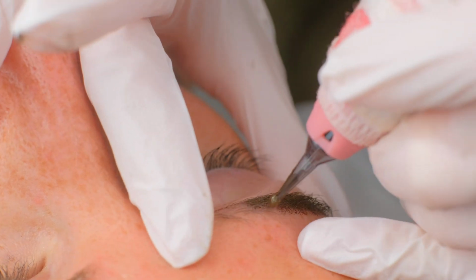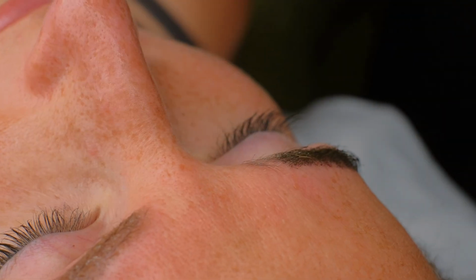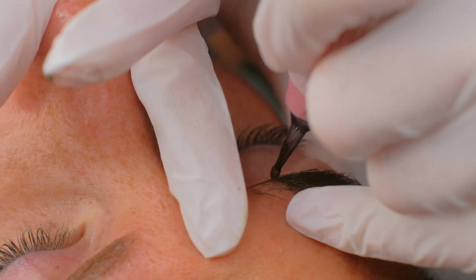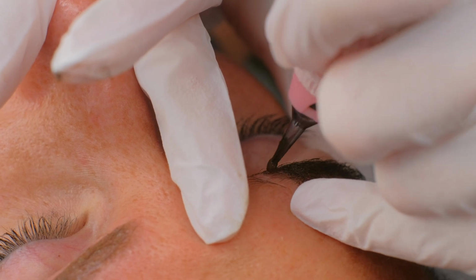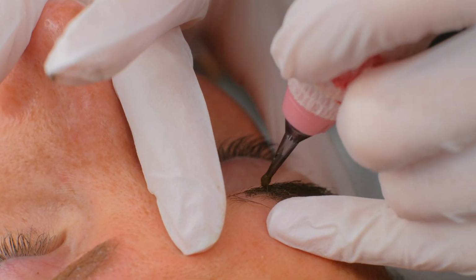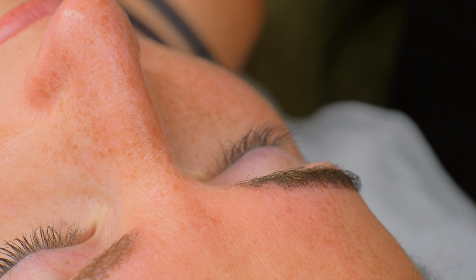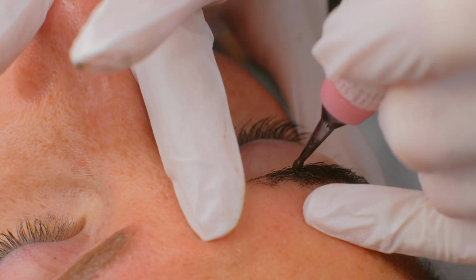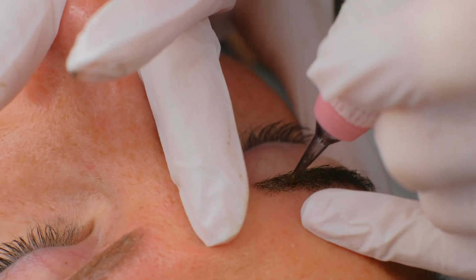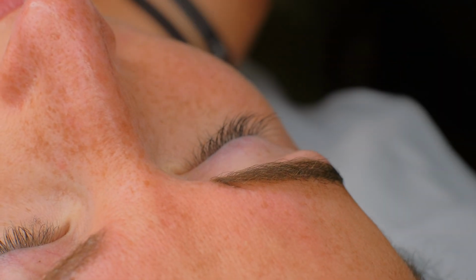Okay, my hand hurts a little bit, so I have to find a way to stretch differently. Okay. I like the shape. I like the shape a lot. I'm so happy that my client has some brow hair, because when clients have very old permanent makeup with bluish, grayish colors, a lot of the time their skin is so destroyed, and when I remove it, it's softer but not removed completely, then they want new brows, and then it's hard and the brows heal not as nice as I would want,